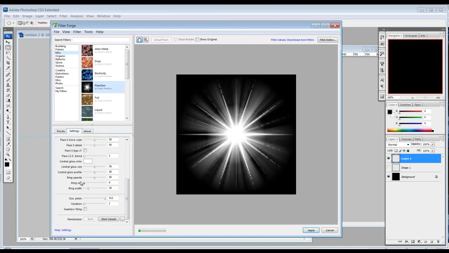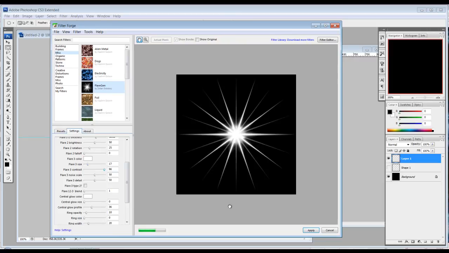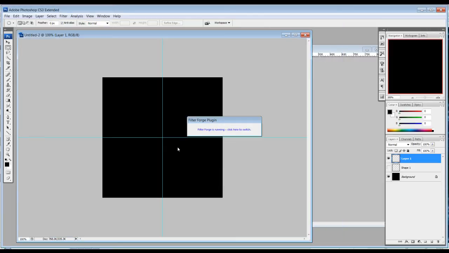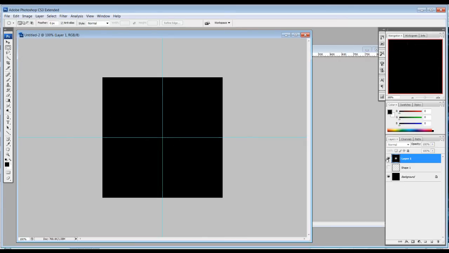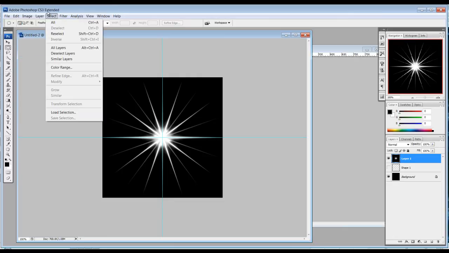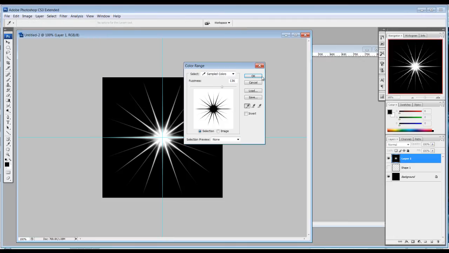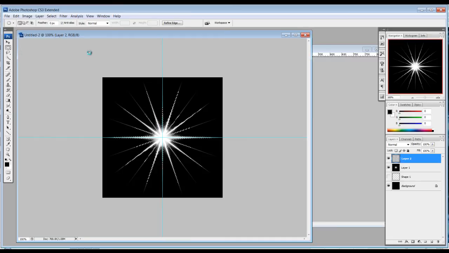And then we're gonna do like ring size is 0 and no glow. Flare size like that. It does look better. And then let's see, make a color range, select it. So you just get that piece. We just want the inner piece. Invert, Control J to copy,